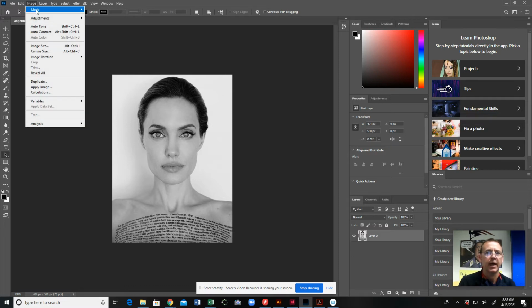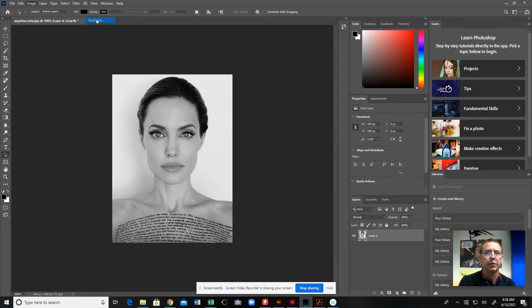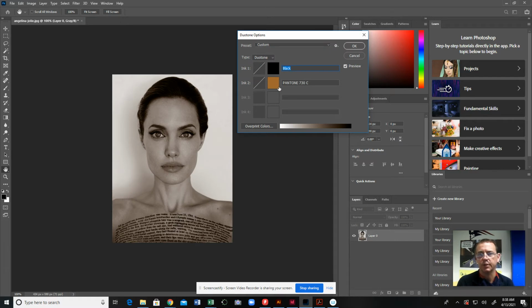Now, again, if I go back here to mode, duotone, it's going to open back up to this brown. And again, I can select any colors I want and combinations. And this is a trial and everything, right? And the overprint colors, this is the primary, so number one, then number two. And then if you wanted to make this what they call a tritone,